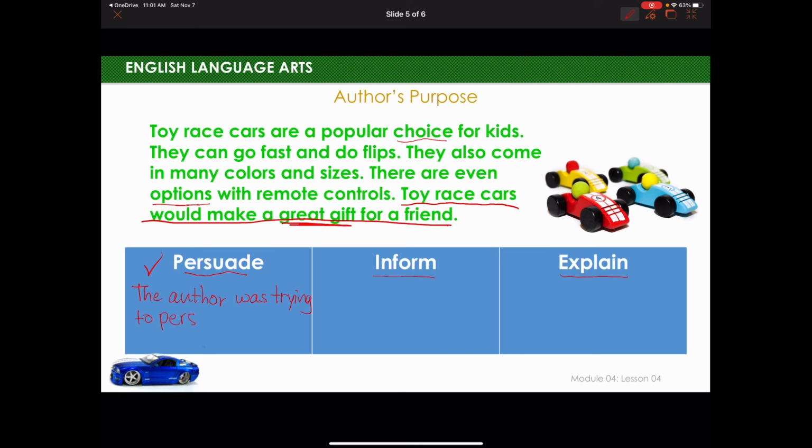So the author was trying to persuade the reader that toy cars make a great gift. I know that's kind of hard to read, but